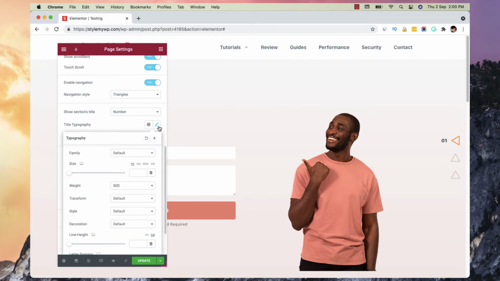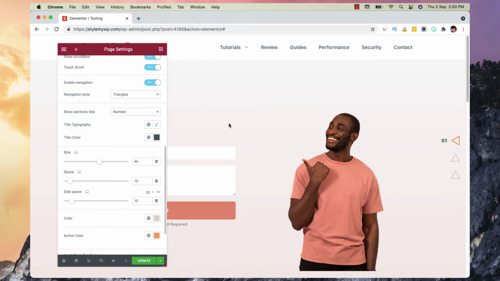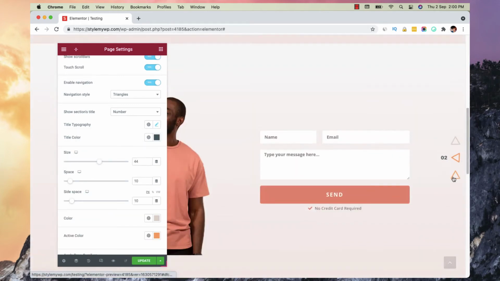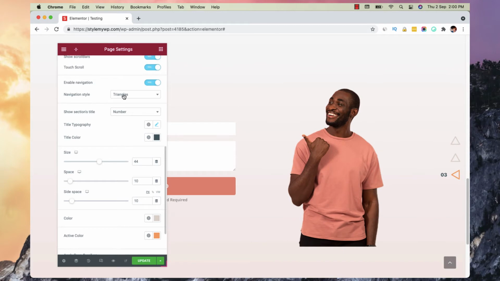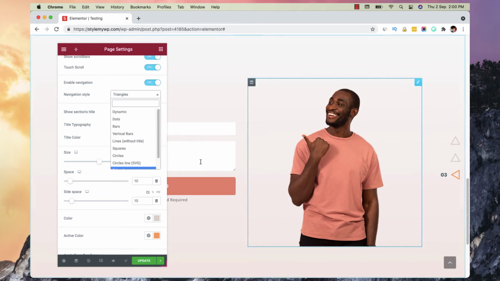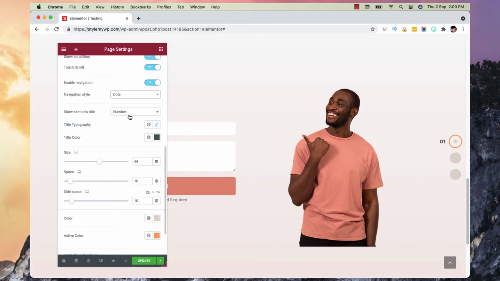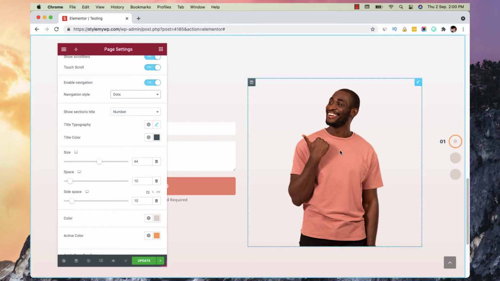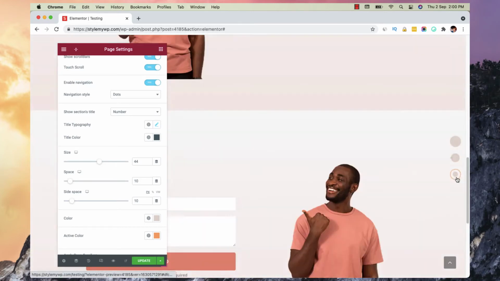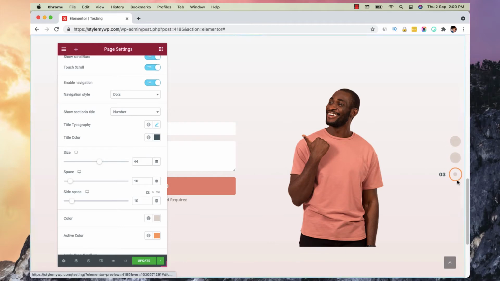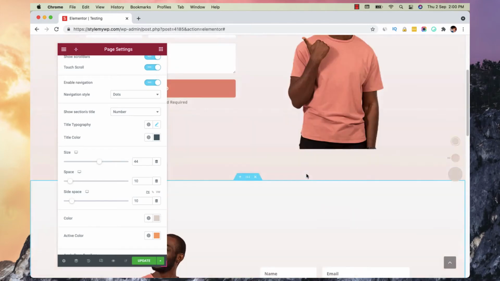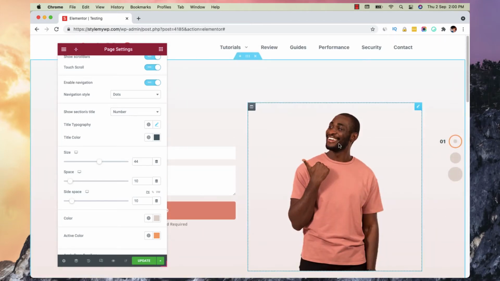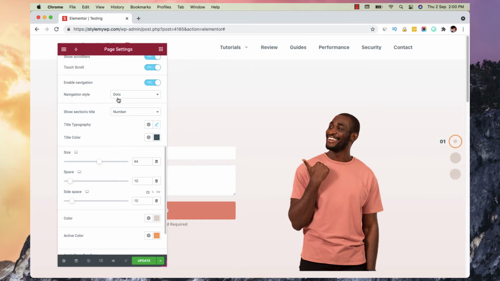And I have given better width to the typography of these 1, 2 and 3 numbers. And here are the navigation styles. I had kept it to triangle. You can keep it to dynamic, dots, or anything that you may want, right? You can also come to any section by clicking on it, or by just using your mouse wheel, right?